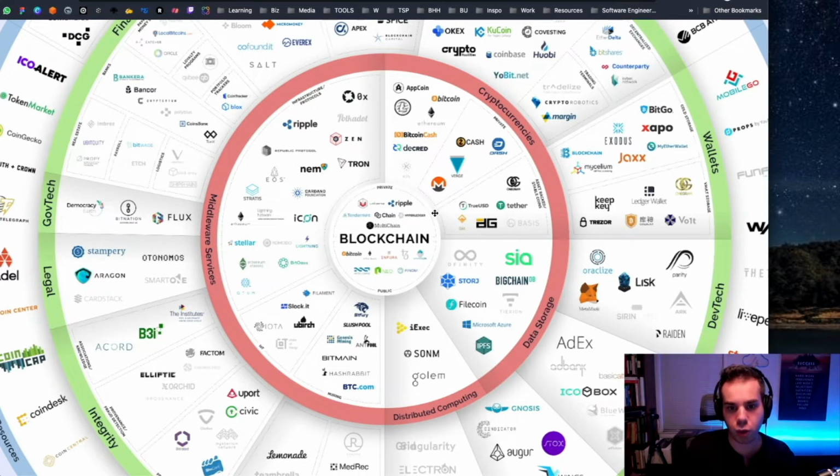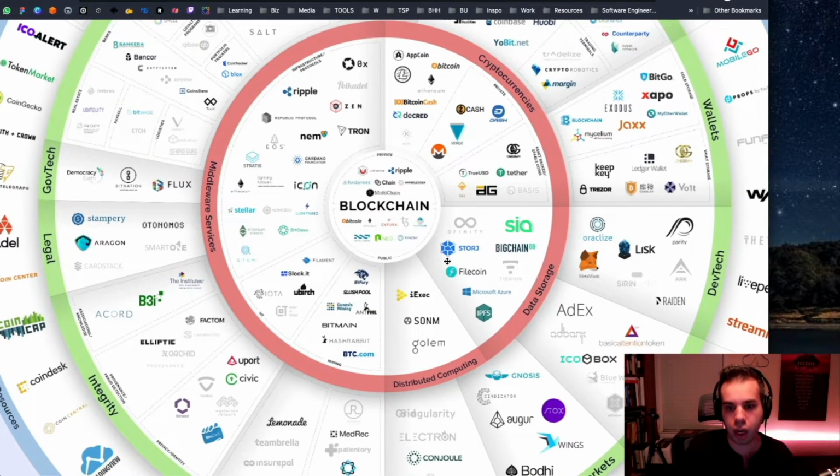Then enter in cryptocurrencies. So that's where you might get Monero, which is a privacy coin. You might get Bitcoin Cash, which is a fork of Bitcoin. Ethereum as a coin, and also there's different ones like Litecoin, for example, here, Decred. Even Tether, TrueUSD, US dollar stablecoin. There's stablecoins for asset storage. There's storage. There's SIA. There's Filecoin for data storage. It also would be Filebase that's in here.